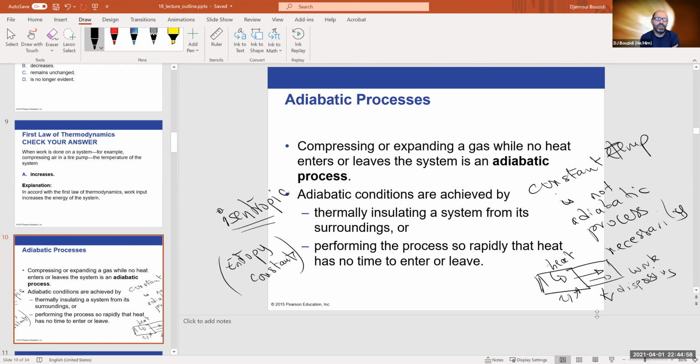Believe it or not, this is one of the most confusing things that some of my students, even the engineering students, struggle with a lot when they're doing problems with thermodynamics. So this is something that you have to really pay attention to. The distinction between a process at constant temperature and a process with no change of heat, no exchange of heat. Because temperature and heat, yes, they are related, but they are not the same thing. Okay.